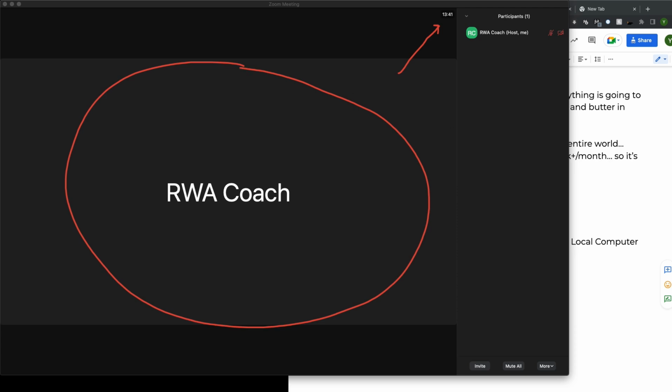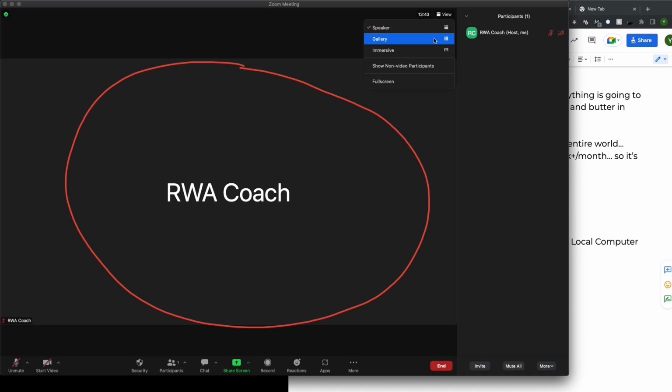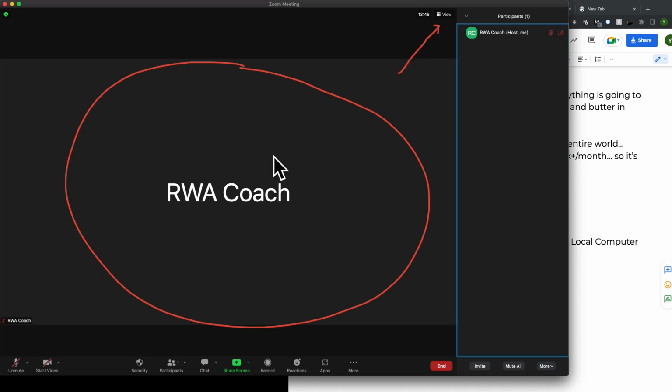However, if you switch this to gallery view, obviously nothing happens because nobody's in the meeting with me right now, but when others are in the meeting with me and I have my video on, it's going to show my video and the other person's video side by side, or everybody in the meeting in a gallery. When you have the gallery view, it's going to record everyone in the meeting. You can mess around with this. Let's say you don't want to be on the recording for a second, you switch over to speaker view, and then when you want to be on the recording, you switch it to gallery view.